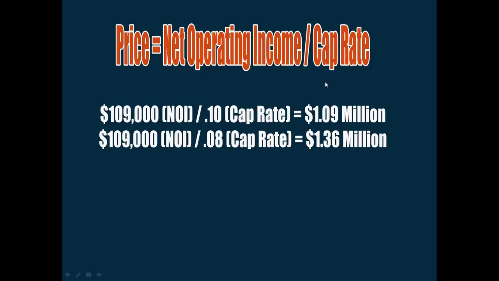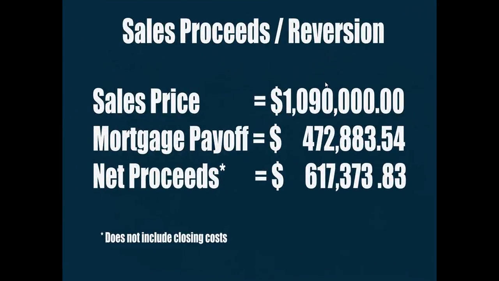To get our outgoing cash flow, or our reversion cash flow, we need to deduct the amount that's still owed on the mortgage. And there is software to do that as well. But if I do a quick amortization calculation, it shows that in year 10, we still owe $473,000. It's a 20-year mortgage. We still owe $473,000 on that $950,000 building that we borrowed 80% on. So if we do sell the building at $1.09 million, that leaves us with about $617,000 net cash to us